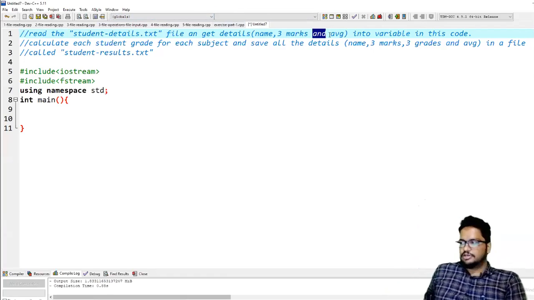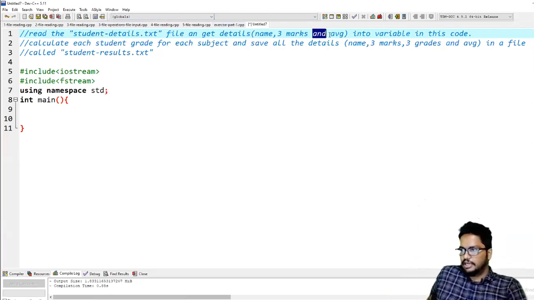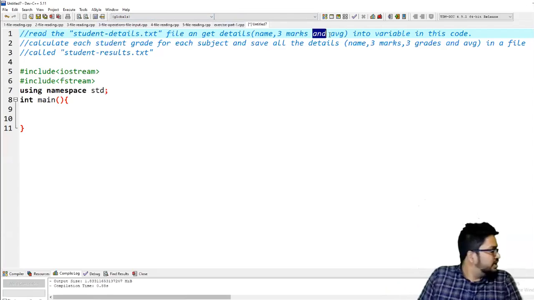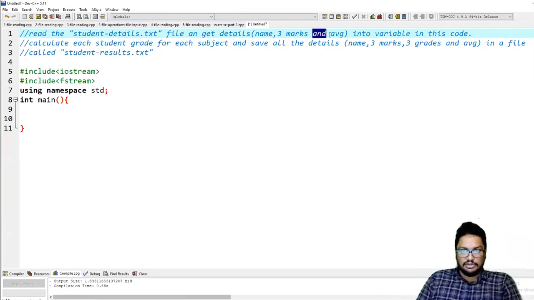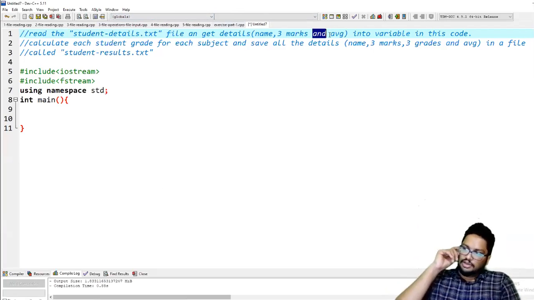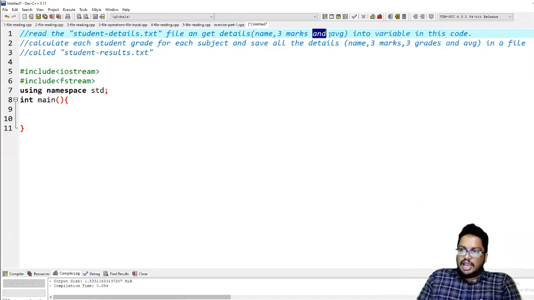Make variables and read them in. Then for every student you have to calculate the grade for each subject, right? So you are asked to calculate the grade of each student for each subject, right? Each student for each subject. And